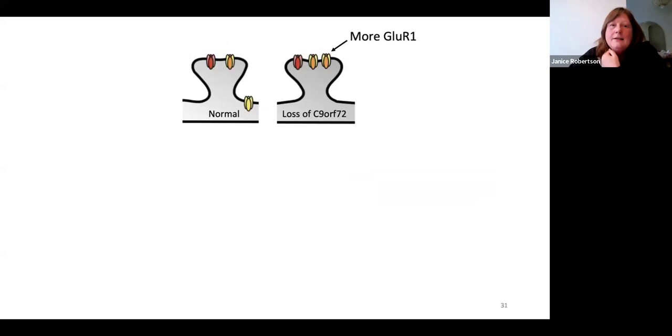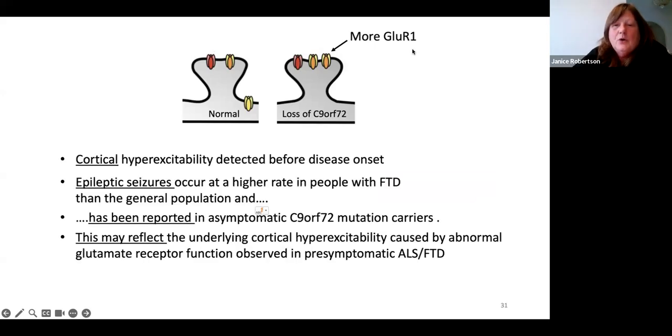And so what we find, just in summary, is that in the normal or wild type situation, you have these AMPA receptors at this level. But if you have a loss of C9orf72, a reduced amount or loss of it completely, you have AMPA receptors that contain more of this subunit called GLUR1. And so cortical